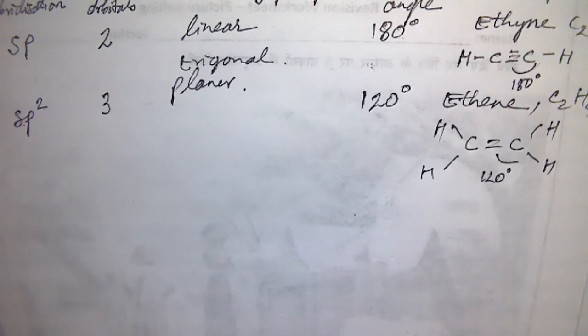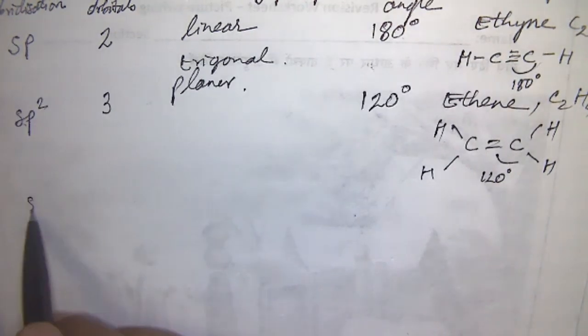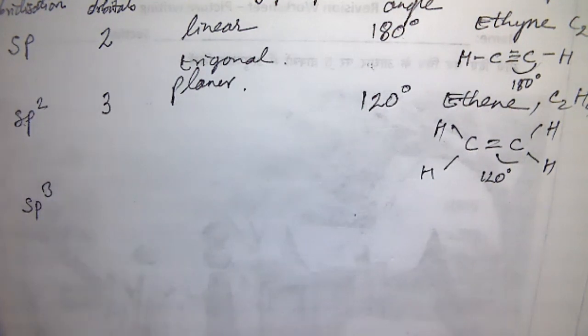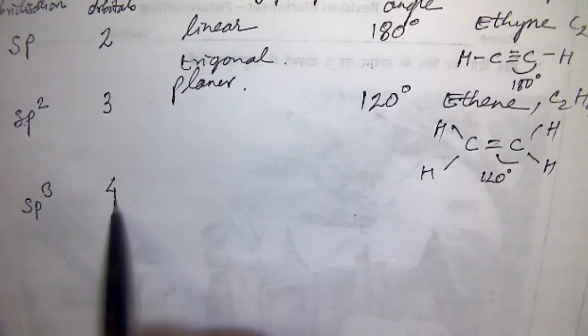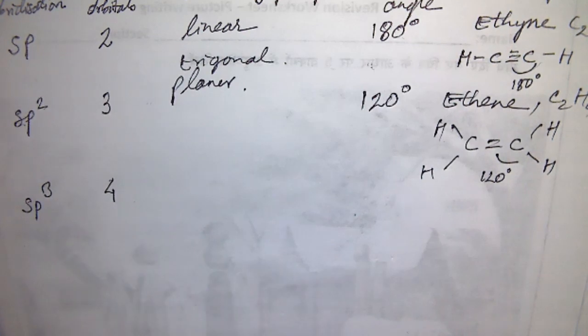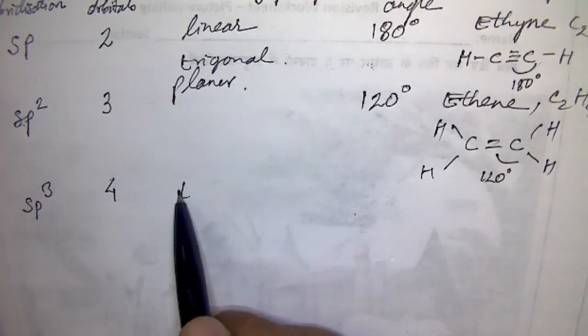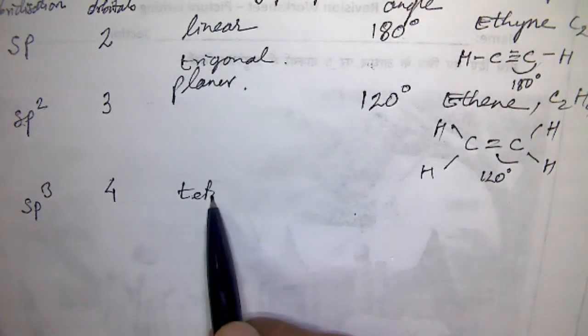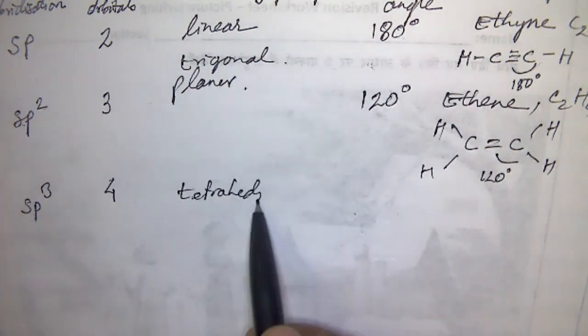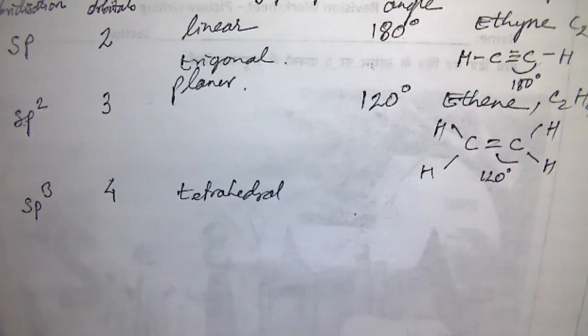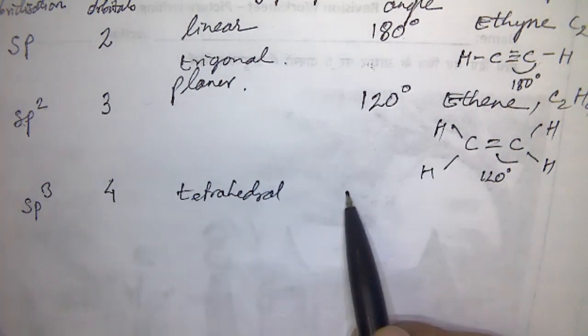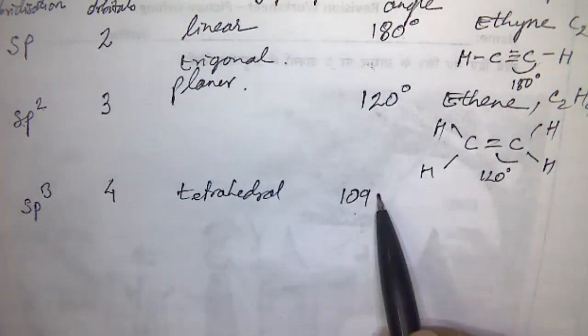Okay, now look here, the next one. The next one I'll take is sp3. Just now you saw. sp3 will be how many? 4 are combining. What will be the structure, shape? Tetrahedral. What will be the bond angle? I've already given you, 109 degree